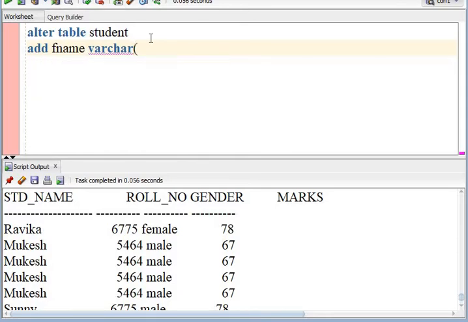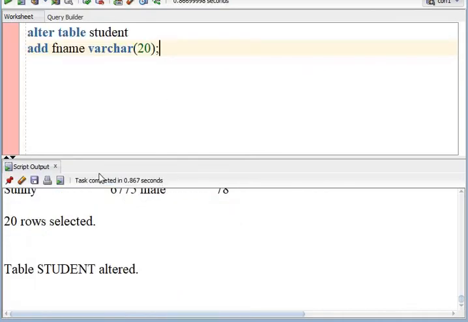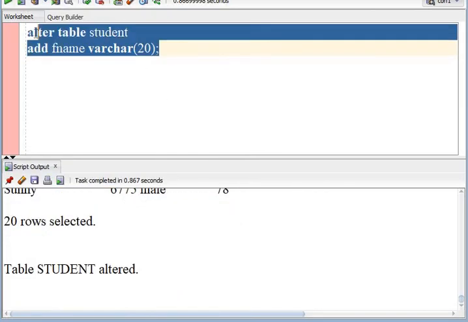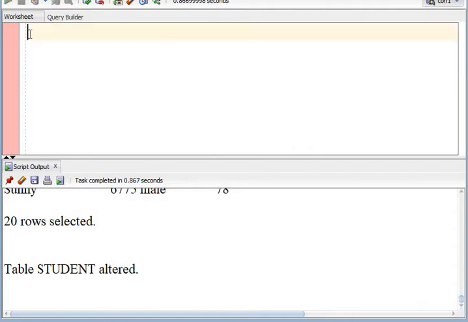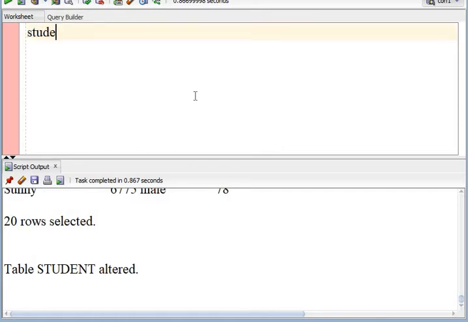You may also mention some constraints here if you want to apply. So the table student is altered.